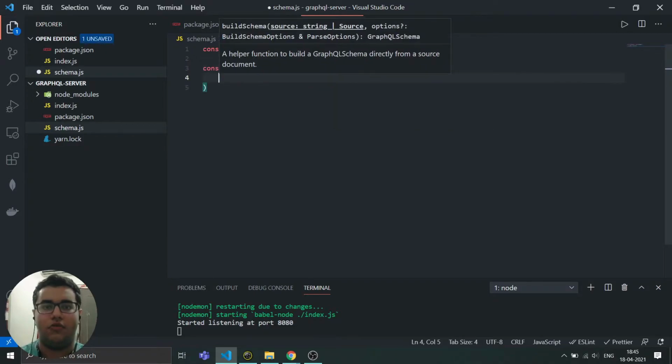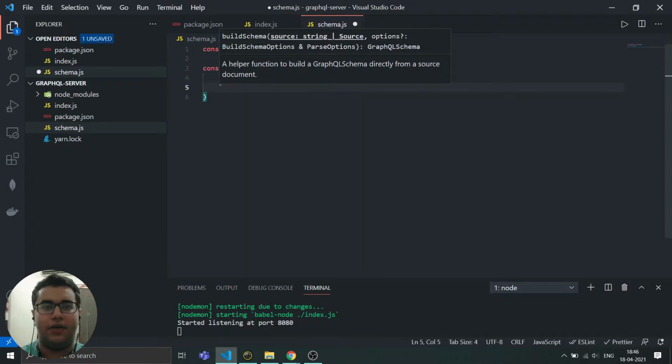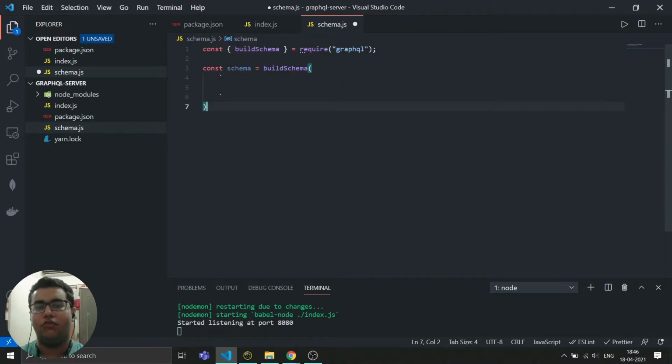buildSchema will take a parameter that will be the schema. So as you know, we will be creating a blog site, so we will be creating a schema for our blog. So type Blog.